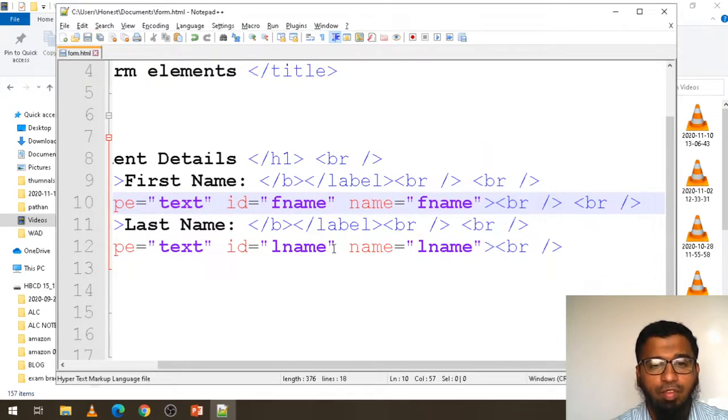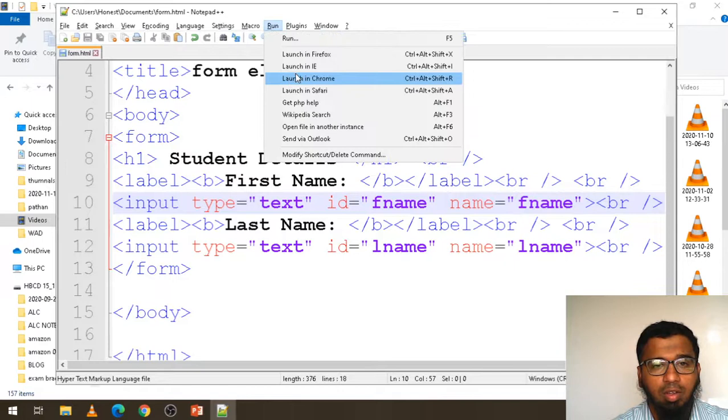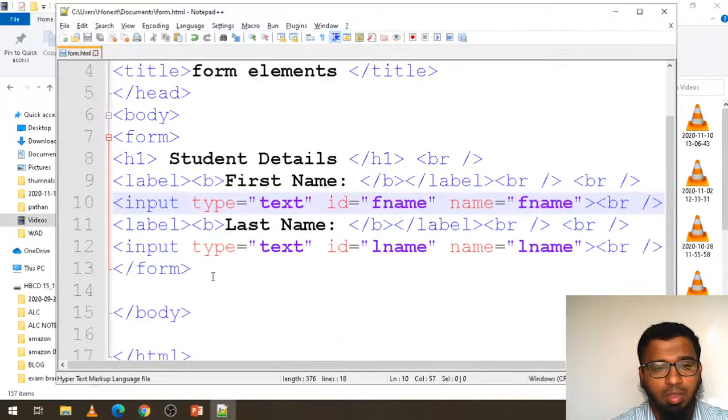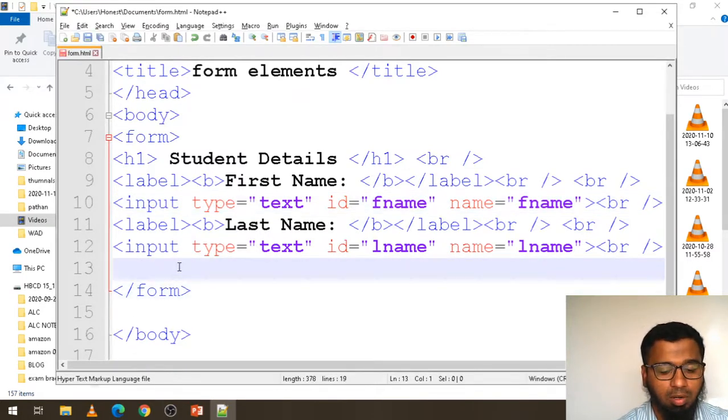okay, save the file, Control S, run, launch in Chrome. See, okay, like this you can create the label and text box. Okay, first name, last name. If you want to add any more input, you can add. Okay,